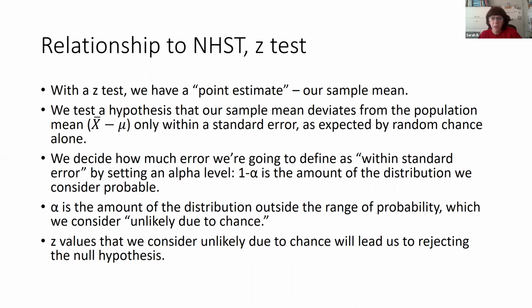So by tradition, we consider sample means within the range of 95% of the normal distribution probable, likely due to chance, not unlikely due to chance. And alpha is the part of the distribution that we consider outside the range of probability, unlikely due to chance. We say this is a fringe